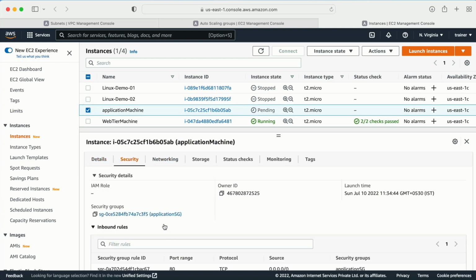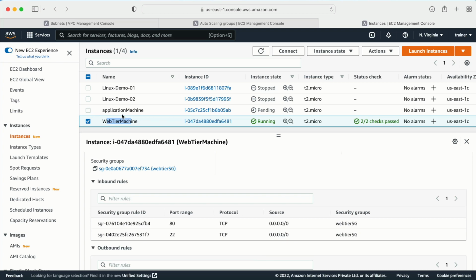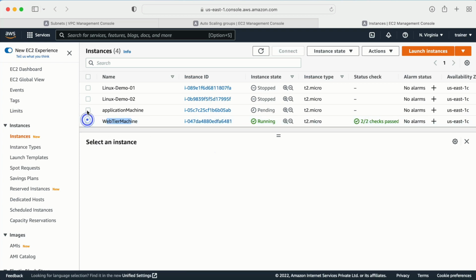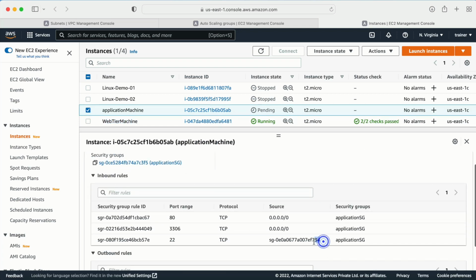Let me go to the security, and here we have the application security, port number 80, port number 3306. This is something I need to update once my database is created, and port number 22. Here we have the security group of this web tier machine. If we want, we can verify that thing. So see, ending with 734. Let me go back here in the security, ending with 734. Okay,